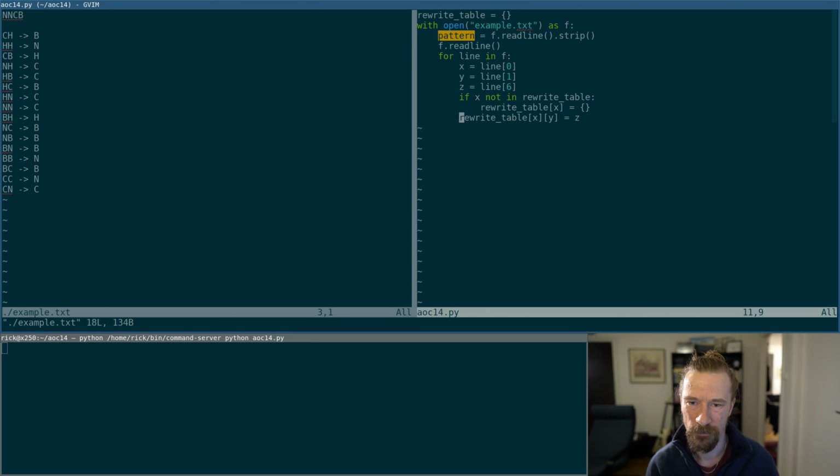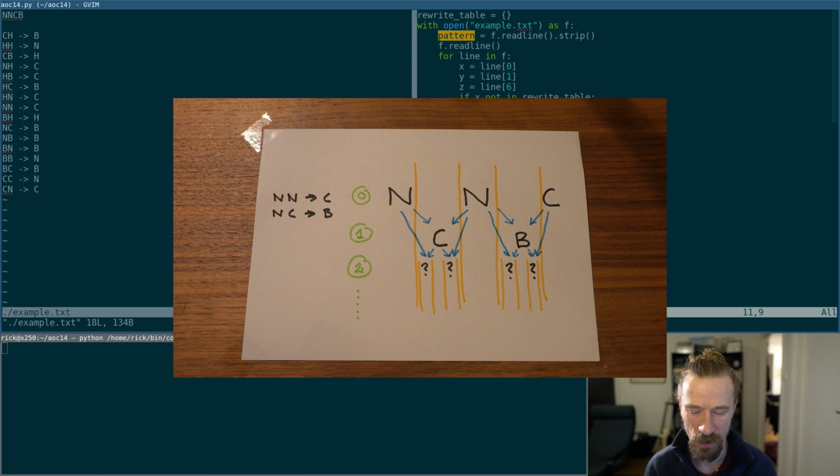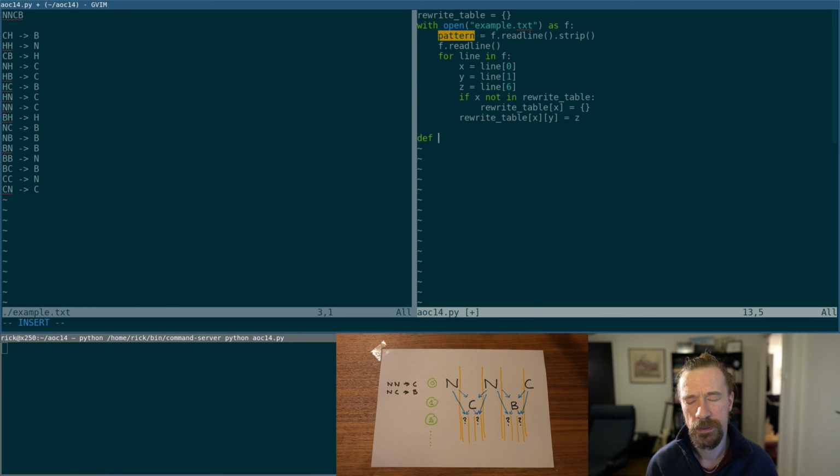So if we have a look at the picture that I drew earlier, we are only concerned with counting. And the count is kind of recursive based on a pair. So let's try to write a function to count occurrences occurring between a pair. So let's call it count insertions. It will take the left character